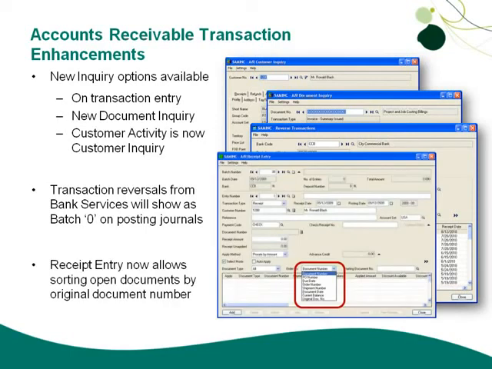And the next minor transaction enhancement in accounts receivable is that when we're entering receipts and we're filtering our open transactions, our open documents, you'll notice in the order by field, when you click down to select an order by,